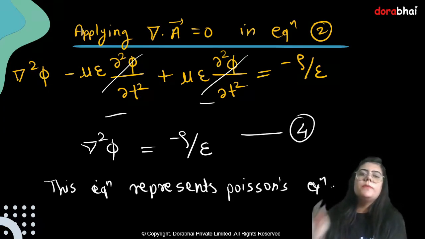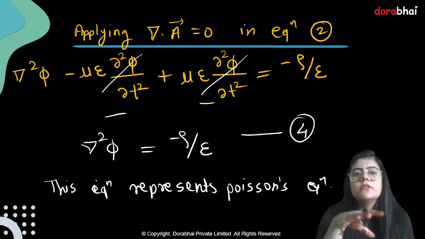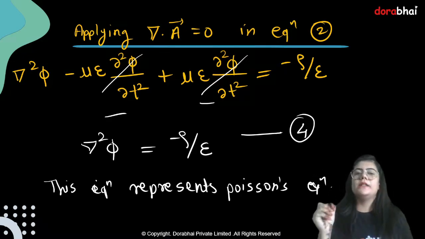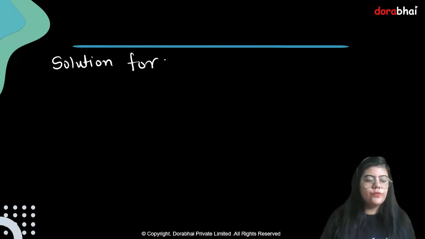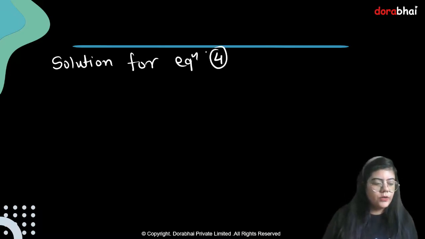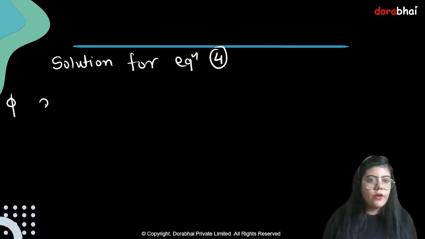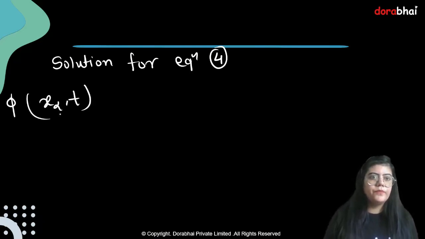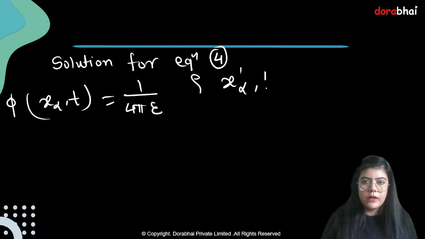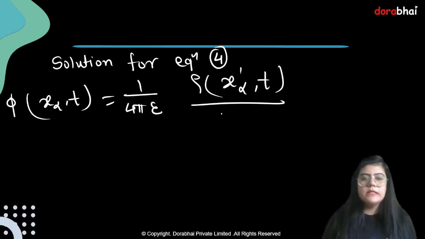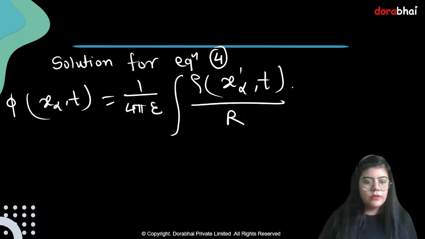So there is a particular solution for this equation. We have this equation, del square phi is equal to minus rho upon epsilon. There is a particular solution for this Poisson's equation. So the solution for equation 4, which is phi of x alpha t, these two are coordinates, is equal to 1 upon 4 pi epsilon, rho of x dash alpha t, these are also coordinates, upon r,